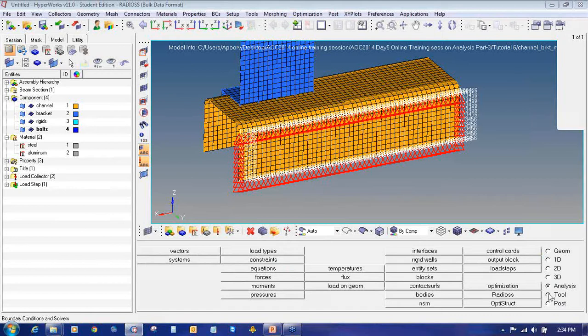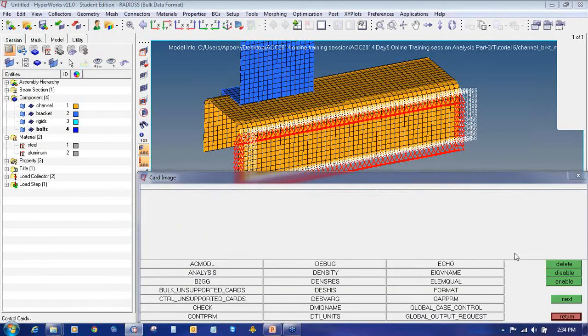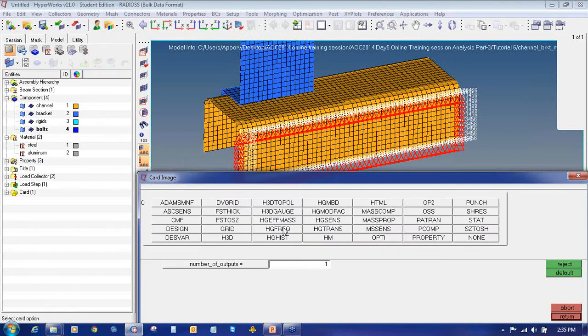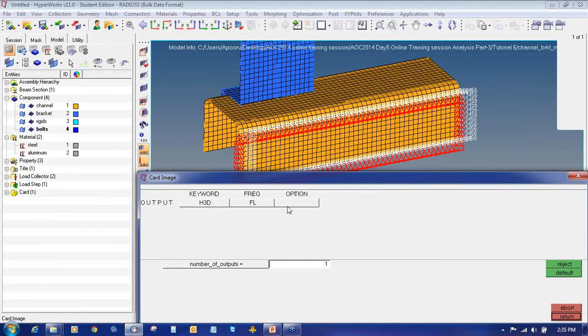Then we define the format of the result file to be output from Radioss. So we'll go to analysis control cards. We'll go to output. And we will select here H3D. Number of outputs I want 2.